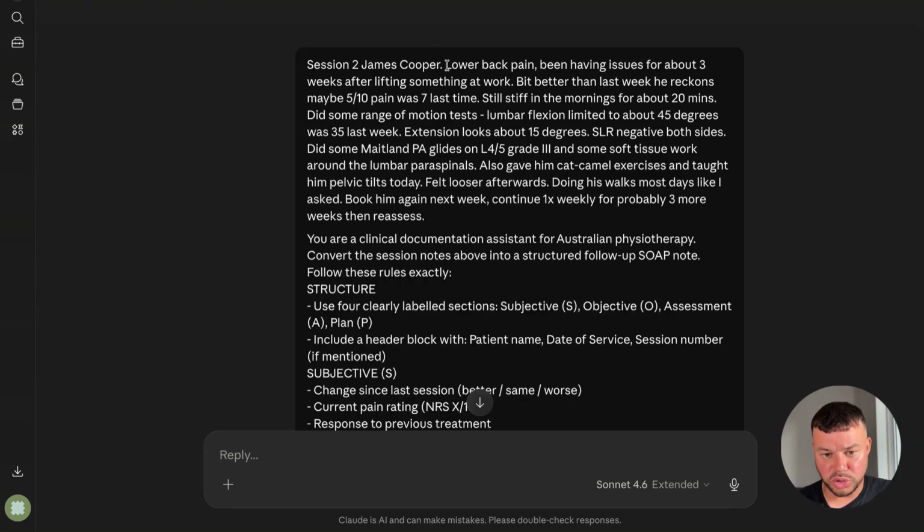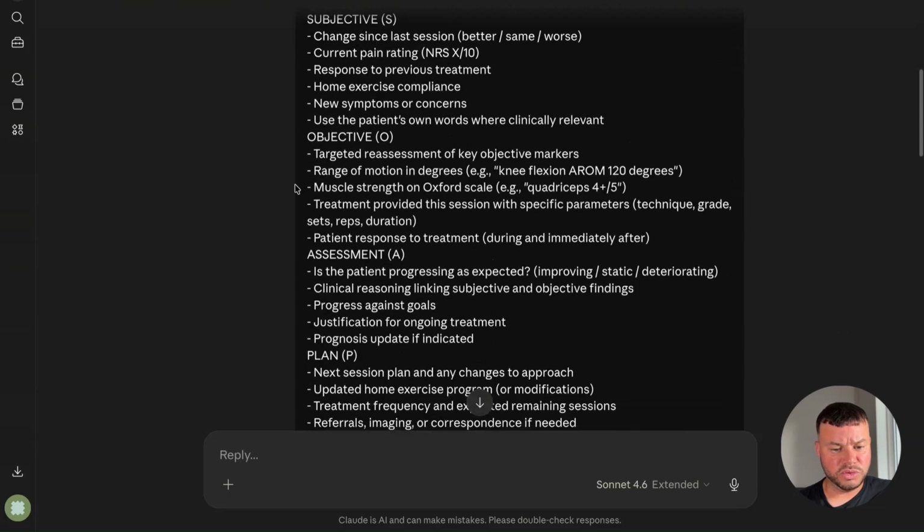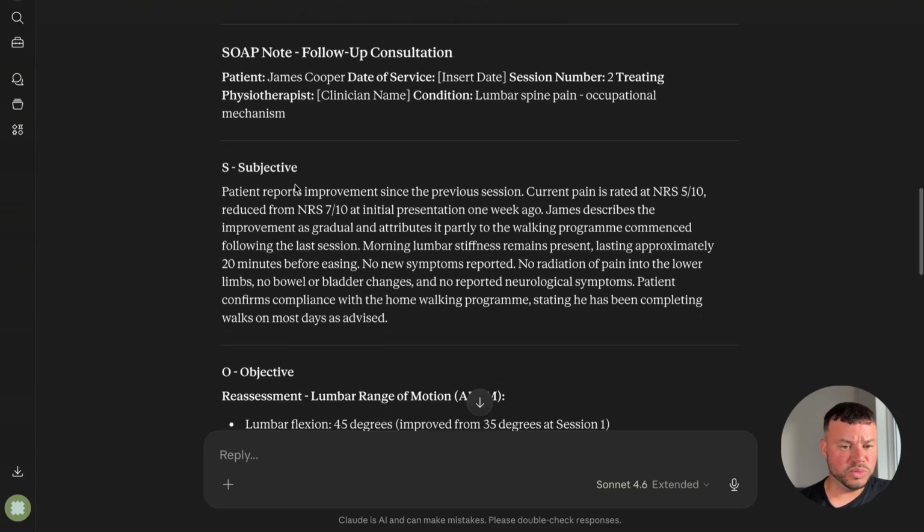So we have session 2, James Cooper, lower back pain, been having issues for about 3 weeks after lifting something at work. And it goes into a bit of detail here about 5 out of 10 pain, was 7 last time. So it looks like it's getting better, about 20 minutes and a few other details as well here. So this is what we gave Claude. And if we scroll down to the output, we can see that it has provided a lot more structure and